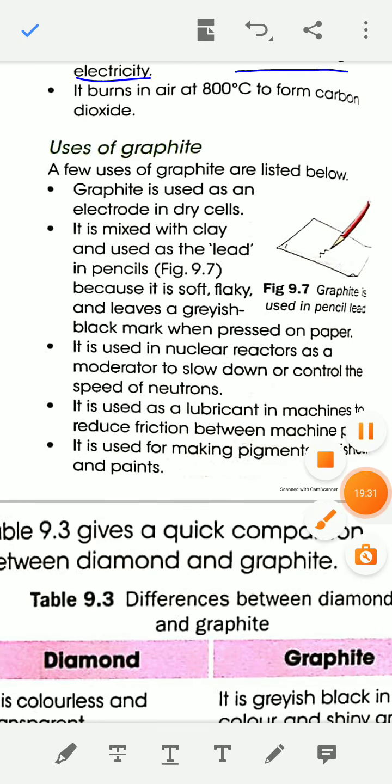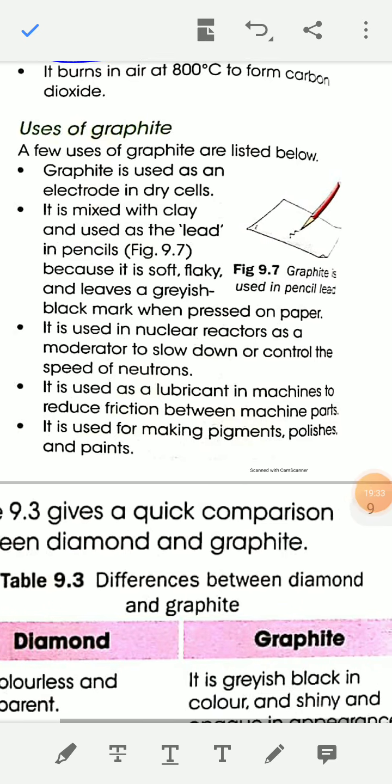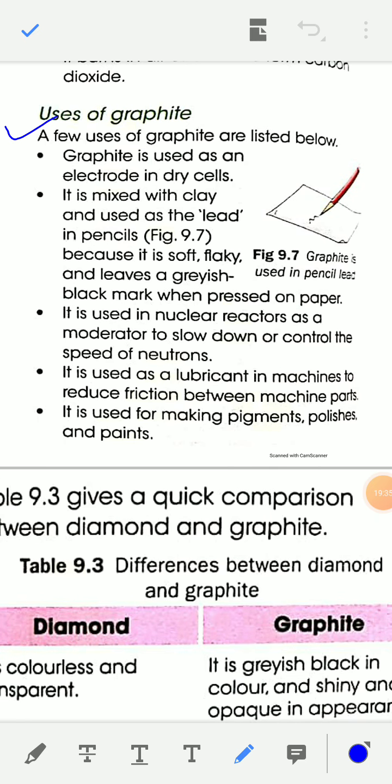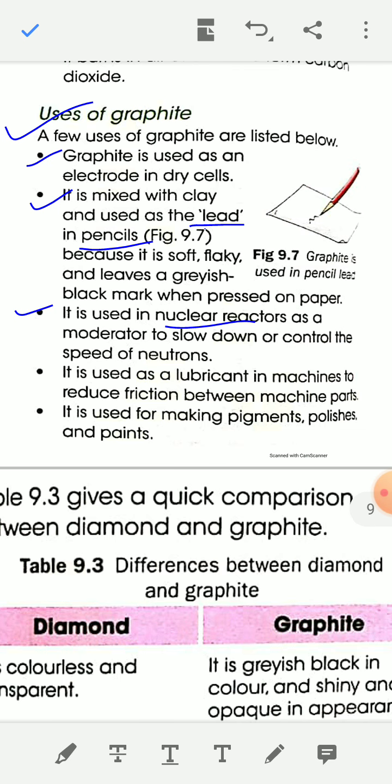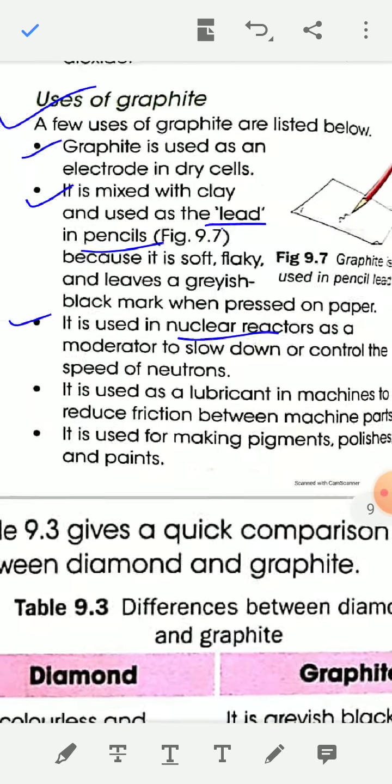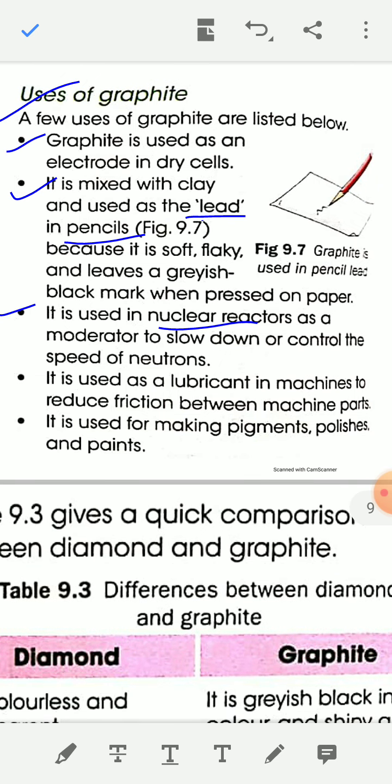Now, see use of graphite. Some uses are also given. Graphite is used as an electrode in dry cell. It is mixed with clay and used as lead in pencil. It is used in nuclear reactor as moderator, to slow down or control the speed of neutrons,